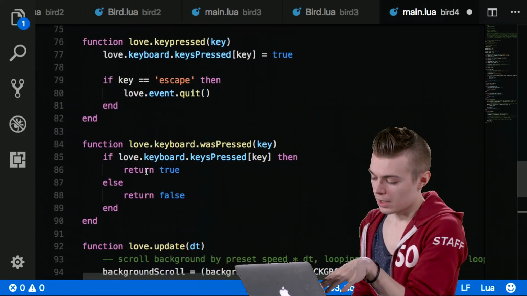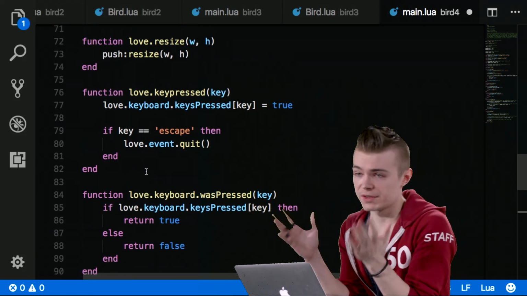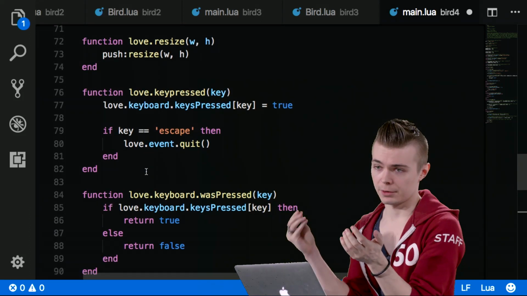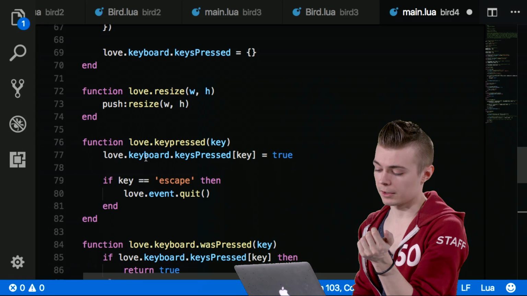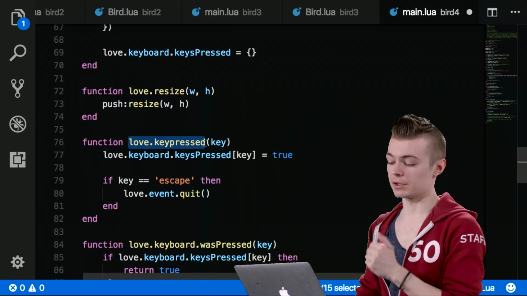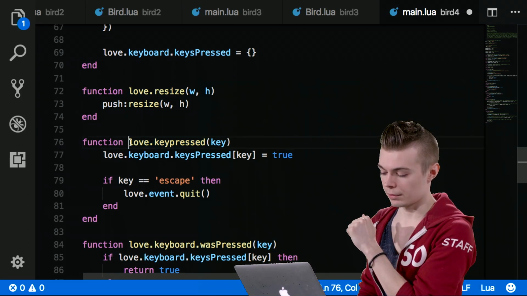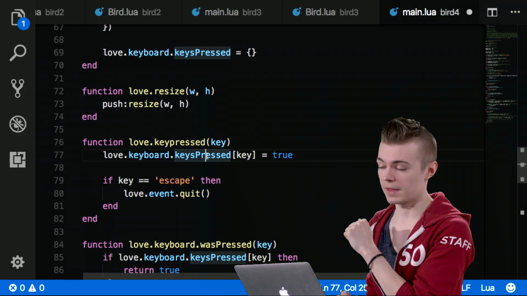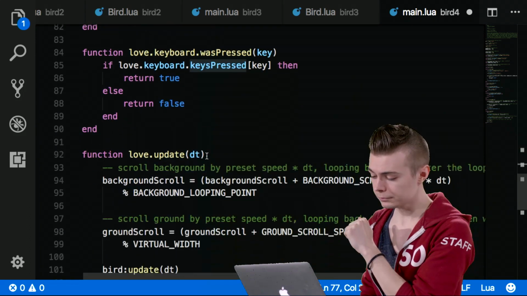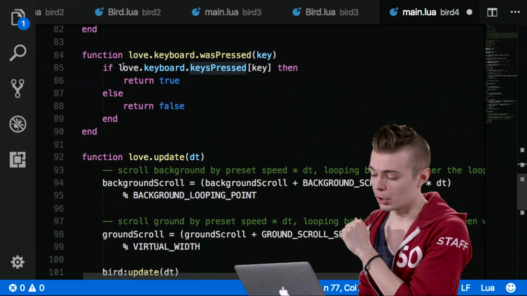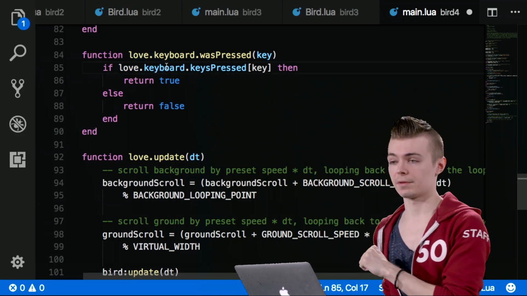So we have a global table that we've created to check for whether a key is pressed. We have a callback function that Love2D gives us that allows us to do that. So every time a key gets pressed, we're going to just add that key to that table and set it to true. Now we can just simply query that table anytime we want to with this function that we've created